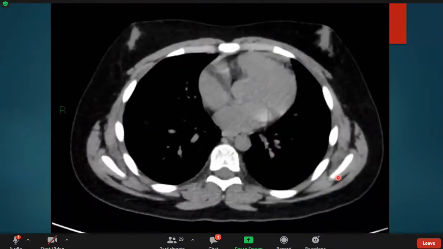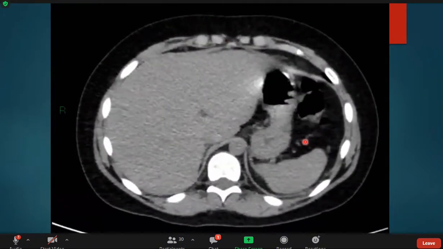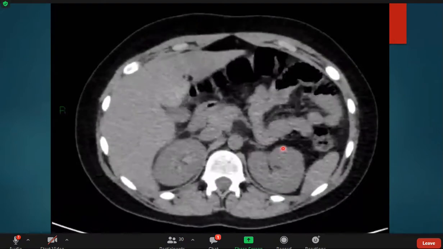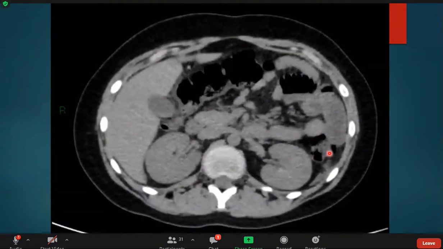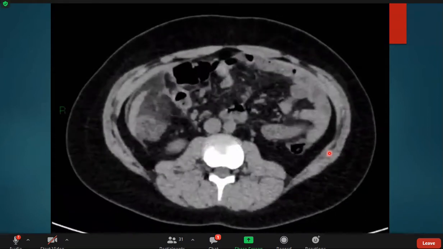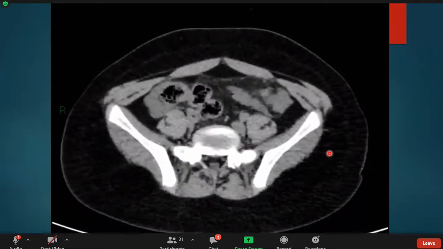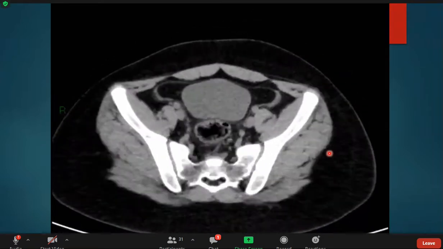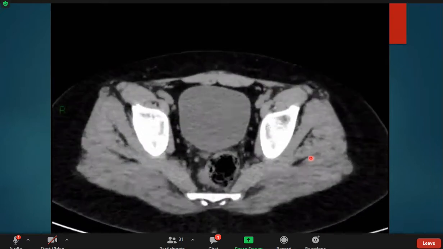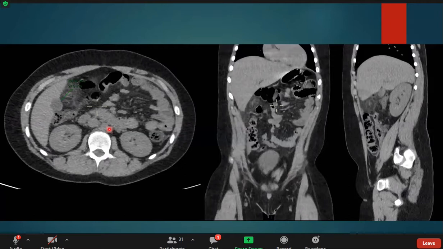So this is the plain abdominal CT scan of the patient, which we checked before going through with the contrast. Let me just show you this. All right. So again, this is just a simple case. What we saw in these axial, coronal, and sagittal views of the plain abdominal CT scan of the patient, there's